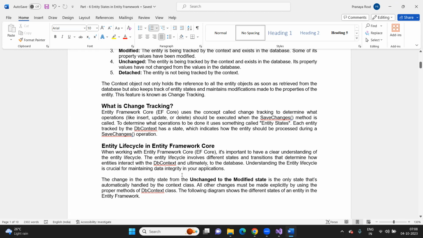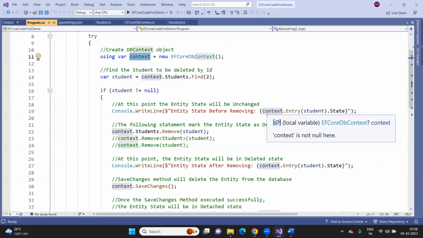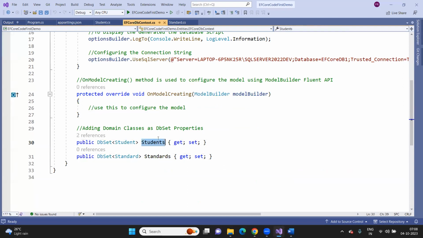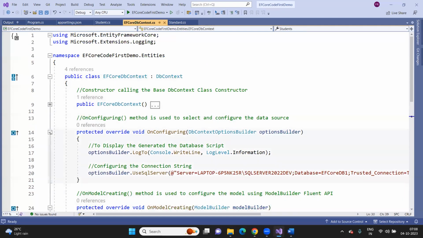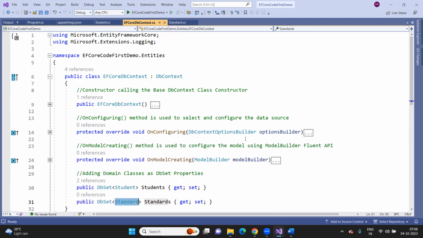The context object not only holds the reference to all the entity objects as soon as they are retrieved from the database, but also keeps track of entity state and maintains modifications made to the properties of this entity. So if you go and check, this is my context object. It not only tracks these student entities, students or standards, whatever properties we defined inside our DbContext class. Not only does it hold a reference to the student or standard entities, but it also keeps track,